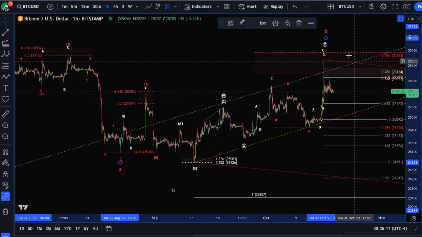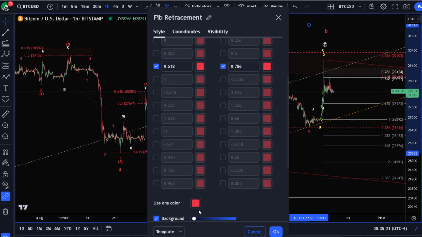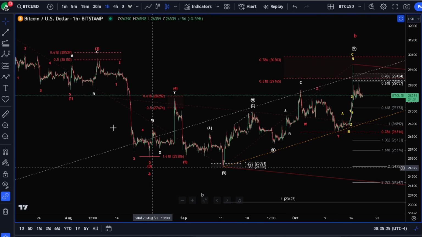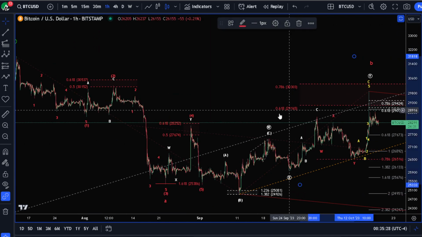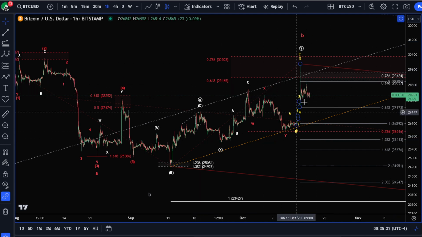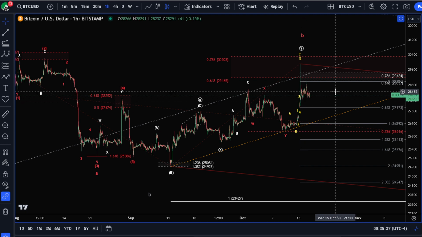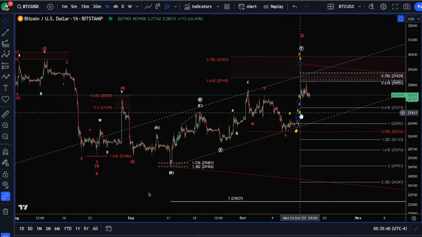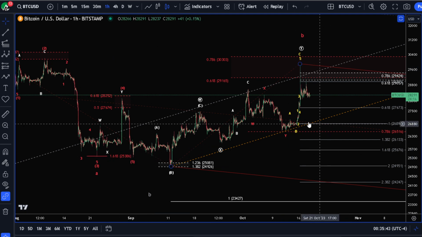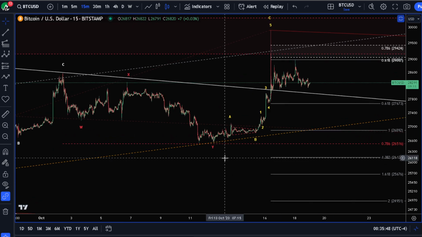And as you can see, we just nicked through the 618 Fibonacci level. Put that on the left of this wave down, pulled from the 5th wave down here. So it's a pretty interesting area. As you can see, we have that underside resistance from that trend line, depending where we pull it from. We're at the 618 retracement, and it appears we haven't made a low yet. So all the evidence to me points that we need to make a lower low.